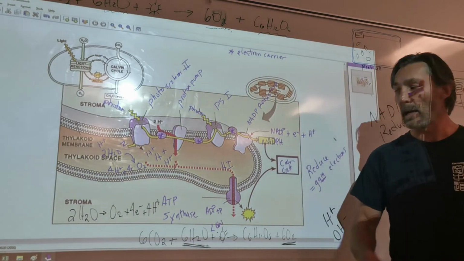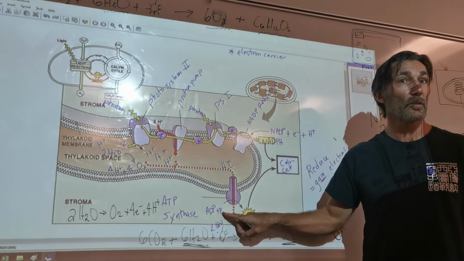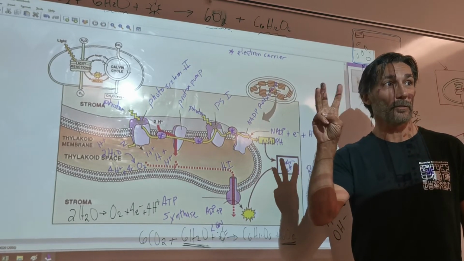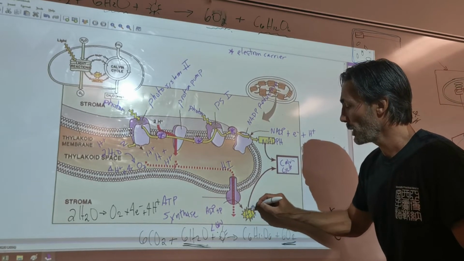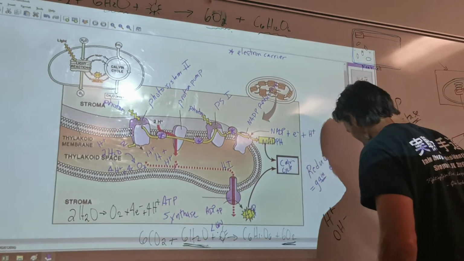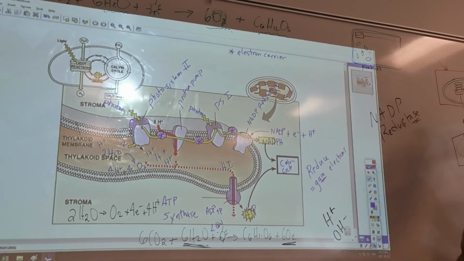Well, let's do some advanced math here. ADP plus one more P can give us ATP, right? So 2 plus 1 is 3. So this product is going to be ATP, which is also used in Calvin cycle. So basically what this enzyme, ATP synthase, does